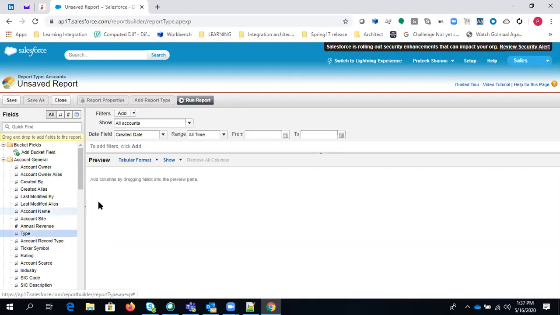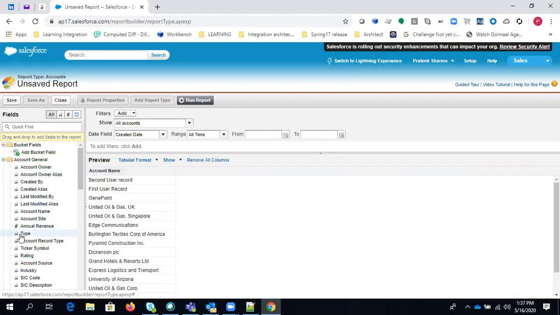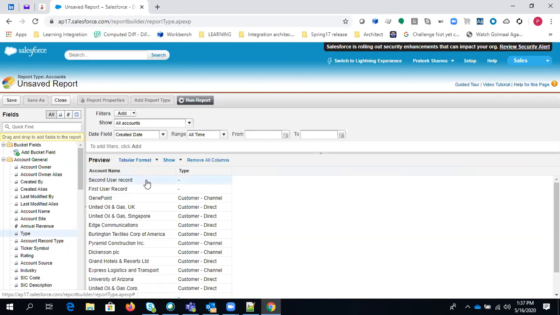Let's say I want account name, type, and let's say rating. You can simply drag and drop those fields here. You don't have to remove them one by one; you can simply hit Remove All Columns, and it will give you a blank report, and you can drag and drop the fields you want and generate the report.